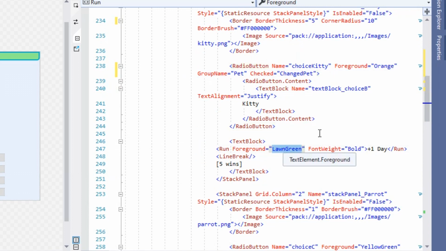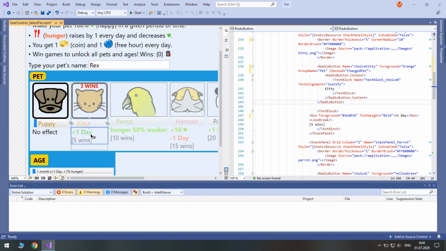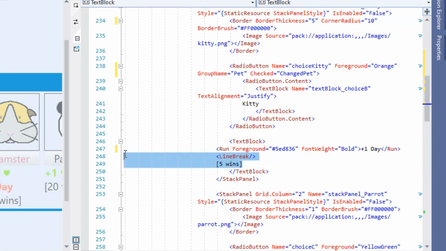Let's change the long green color to a bit different, like #5ed836. It's a little darker. And since we already added a text block showing the number of wins, we don't need a line break with the number of wins in square brackets. So let's just remove it.